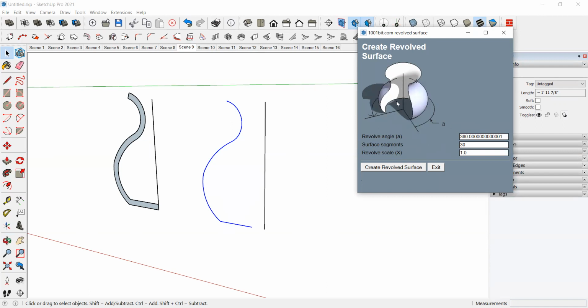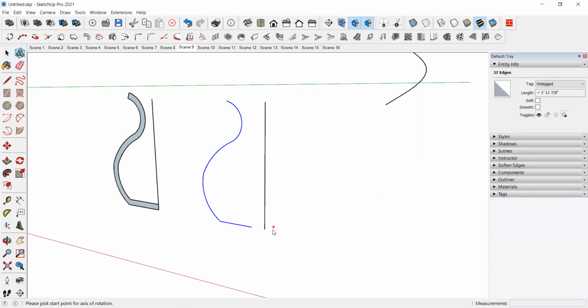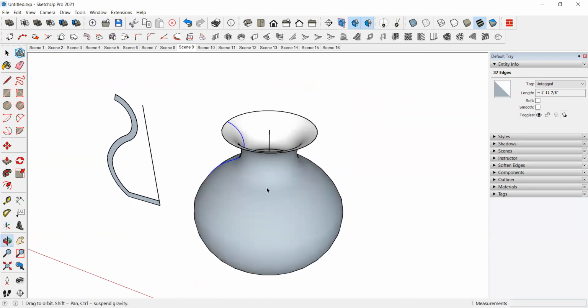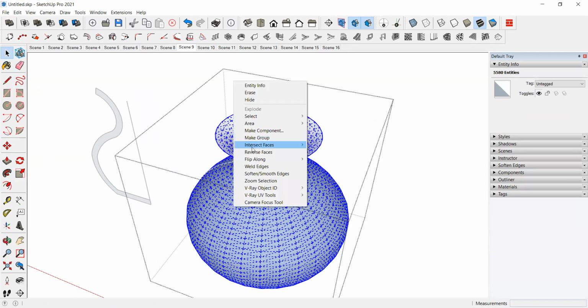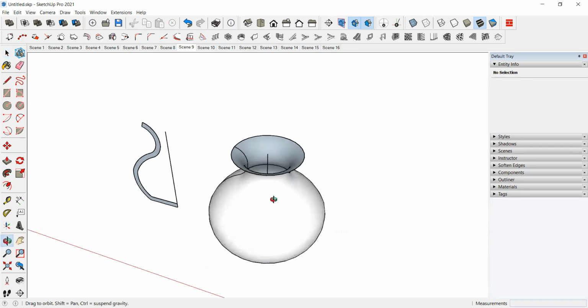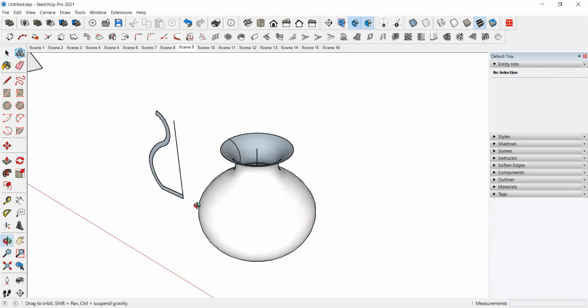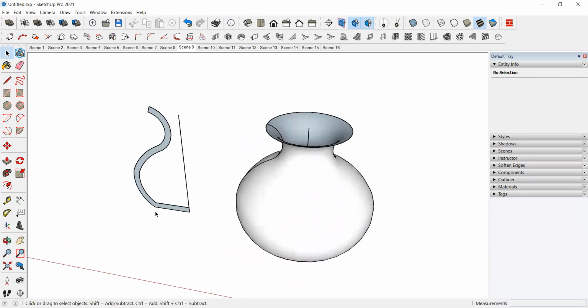So 2 parts also it will make, half of. Okay, create revolve surface, and you have to mention the direction axis. So it will create face around that 360 degrees. So in this way it will make that particular shape.